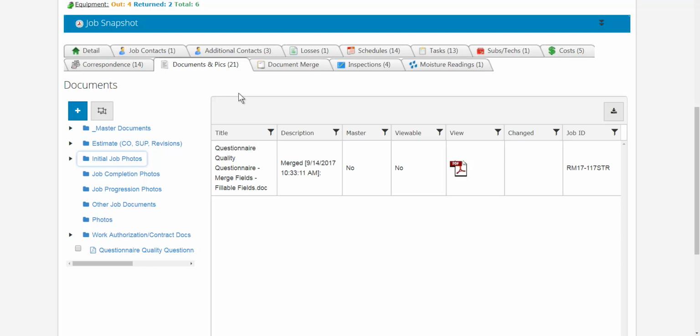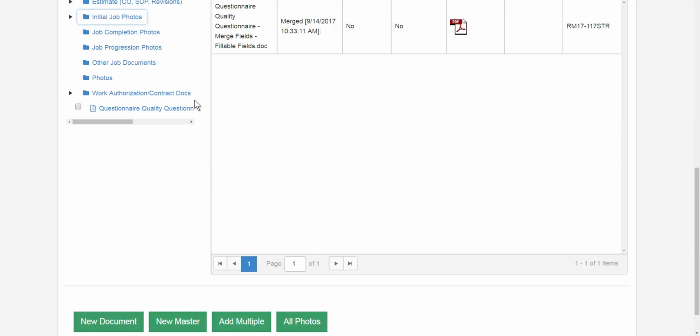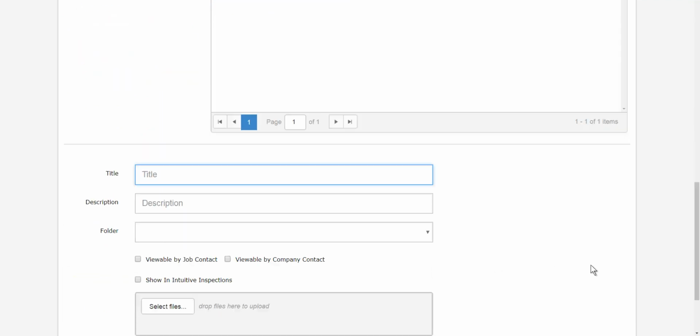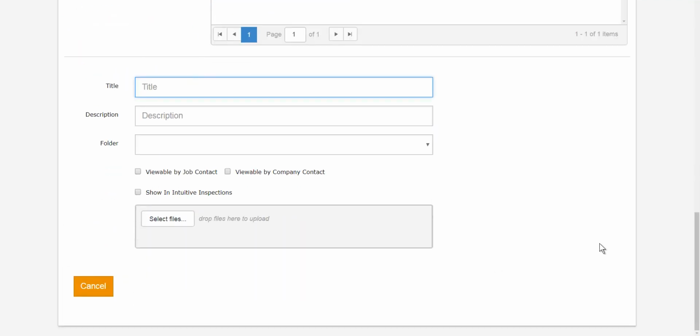Everyone, this video today is going to show you how to add documents and pictures into RM. As you can see, I've already gone into my job and I have already selected my document and pick tab. And I'm going to come straight down to the bottom of this page and I'm going to pick up new document. Once I pick up new document, it's going to reveal to me some more fields that I need to